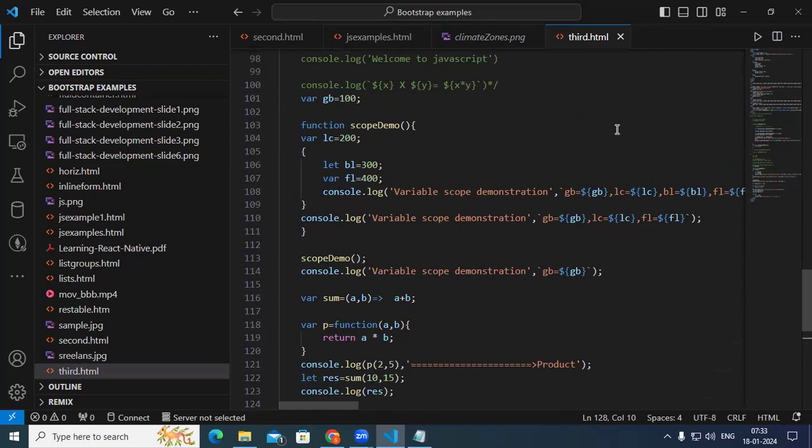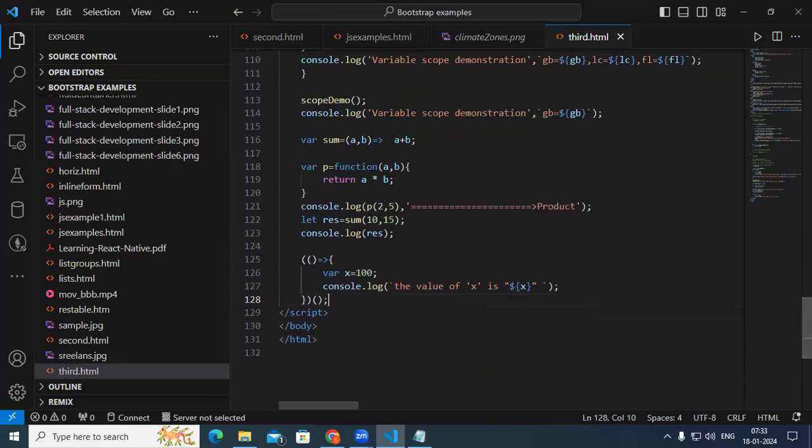Okay, and functions can accept parameters. In this example, they are accepting a comma b as parameters. But at times, what happens exactly? A function may accept n number of arguments, and sometimes we go with the default values as well. For example, we go with a concept called, here after this I define, okay, here